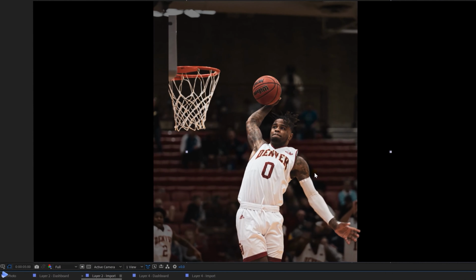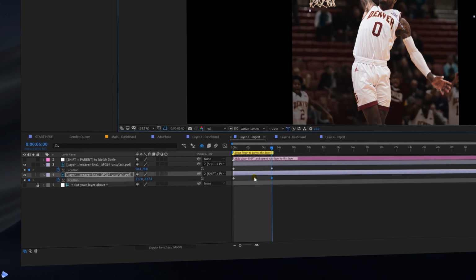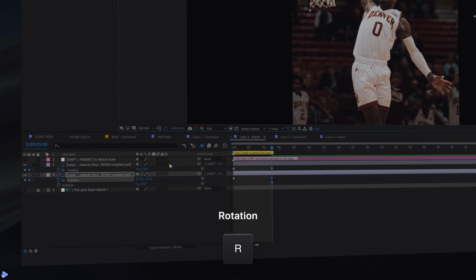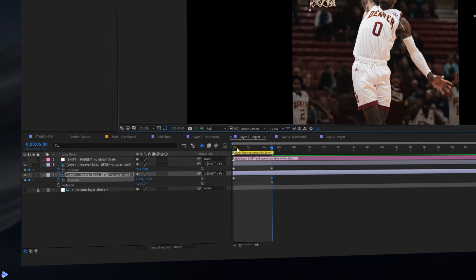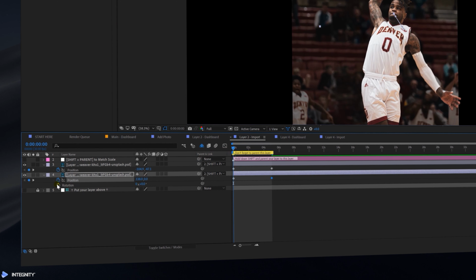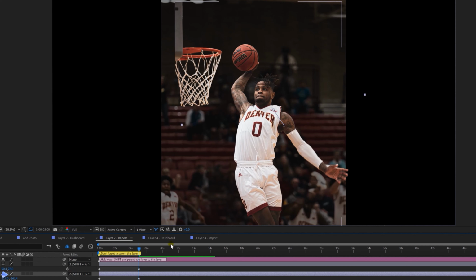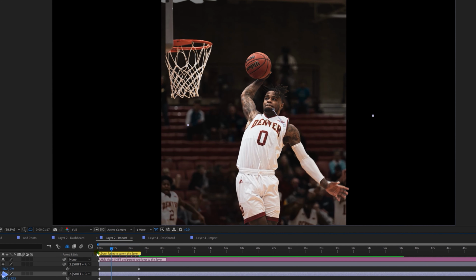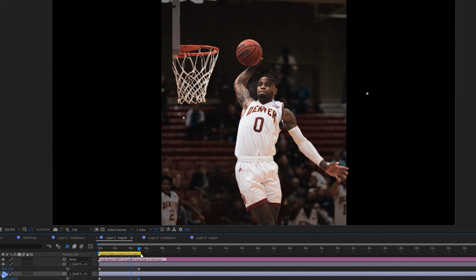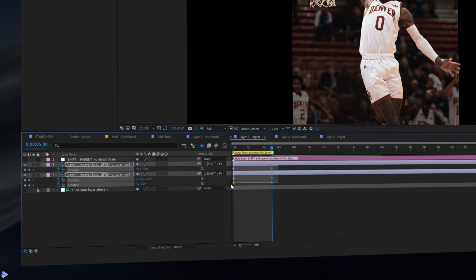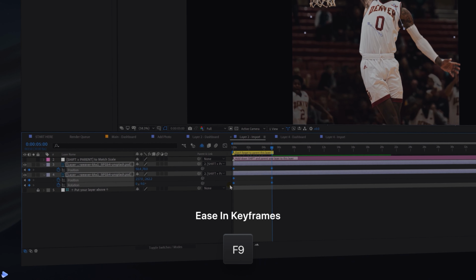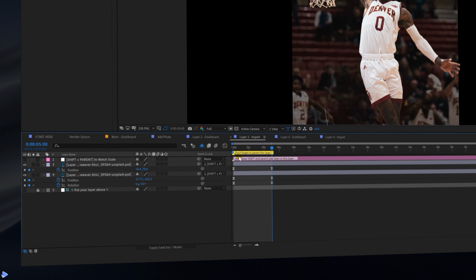Okay, so we'll also want to add some rotation to this player here to help sell this movement. With only the player's layer selected, hit R to bring up the rotational values, and then bring your needle back to the beginning of this composition. Then click on the stopwatch to create this keyframe here, and then drag your needle back to the 5 seconds point, and let's create some rotation so it looks a little bit better. Cool, so this is coming together really nicely, but we'll need to change all of these keyframes over to easing, so select all of the keyframes and then hit F9 on your keyboard, and that will convert these linear ones to these easing ones, which creates a far smoother movement.